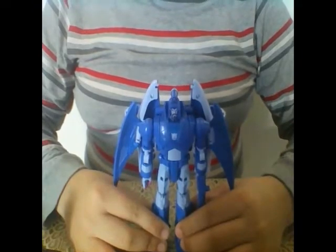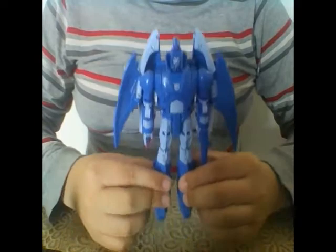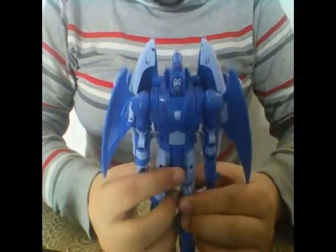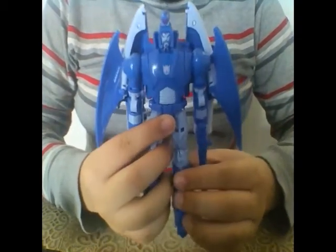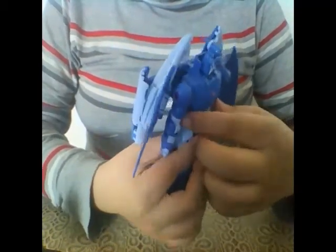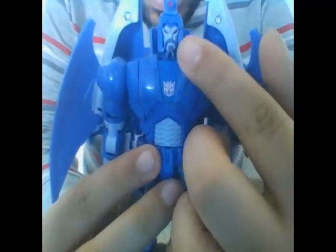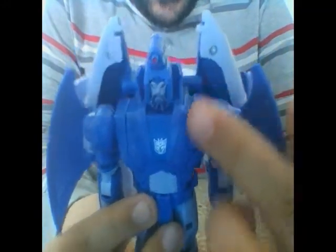Alright guys, so here we have the new Studio Series 86 movie Voyager class Scourge, out of his packaging, and he comes packaged in his robot mode. And wow, this is one terrific looking figure here. As you can see, this screams 86 movie Scourge, right down to the beard-looking head sculpt right there,